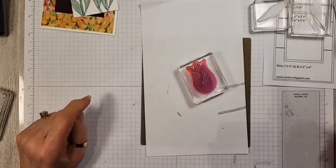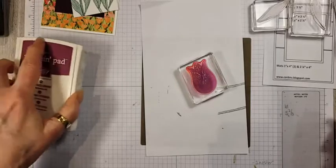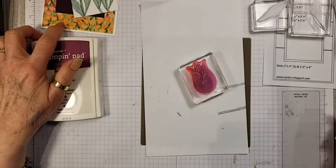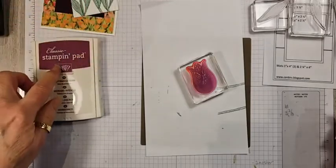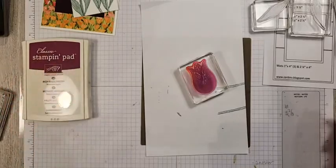What am I looking for? So I want another color. I didn't bring another color. Let me think. So I've got these colors. Oh, maybe I should do a nice orange tulip for the focal tulip. Okay, let me just grab my...